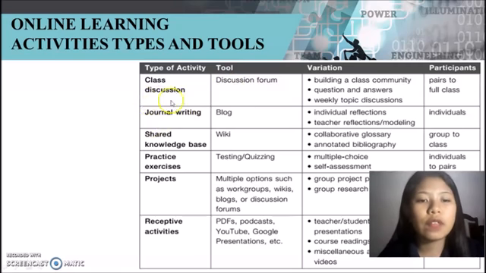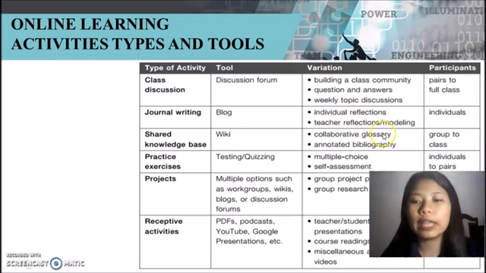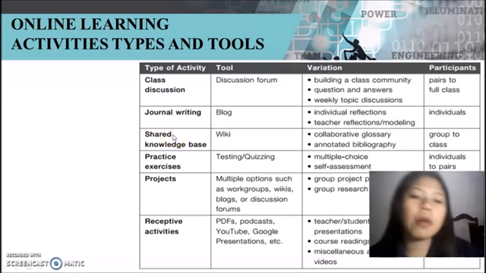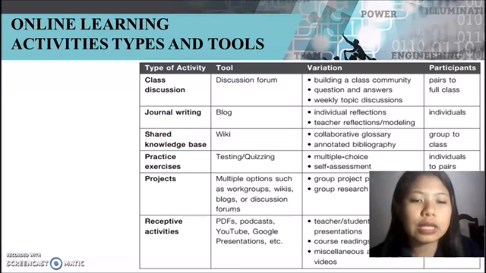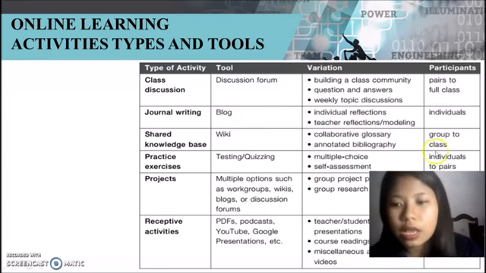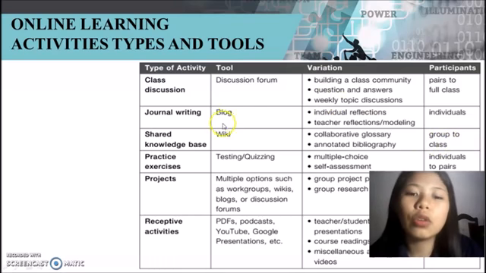The next type of activity is journal writing. This is the variation of individual reflection, teacher reflection, or modeling. The participants that can join this kind of activity are individuals, using blogs as the tool. The next type of activity is shared knowledge base. Here, the variation is a collaborative glossary or annotated bibliography, which can be participated in by group to class, and the tool used is